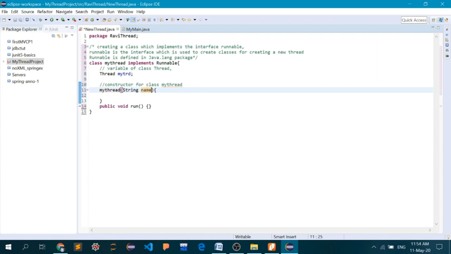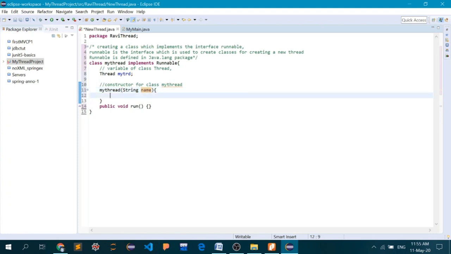This name will be the name of the thread that you are going to create here, the thread which you want to run parallel with the main thread. If you want to name it, you can pass that name by using the constructor of this class MyThread, and that name will be assigned to your thread everywhere it is used. So that will be done automatically.